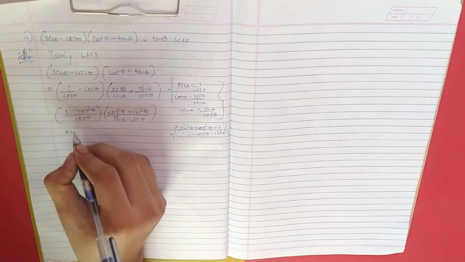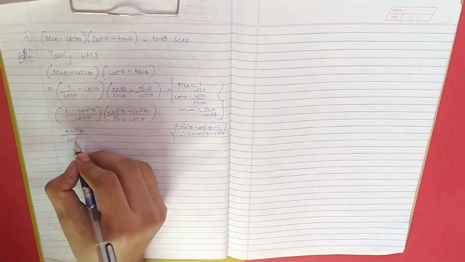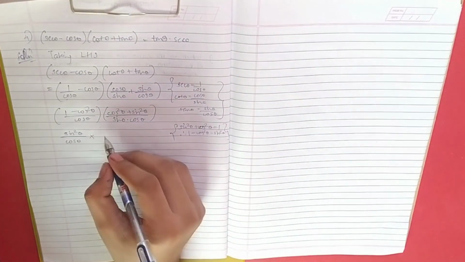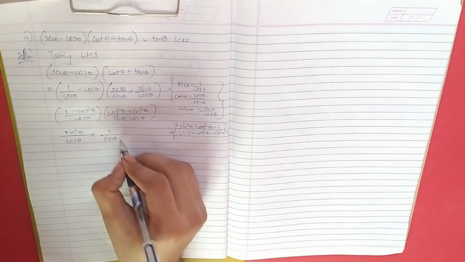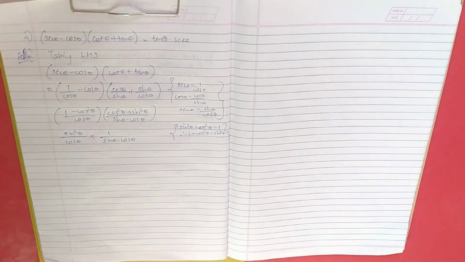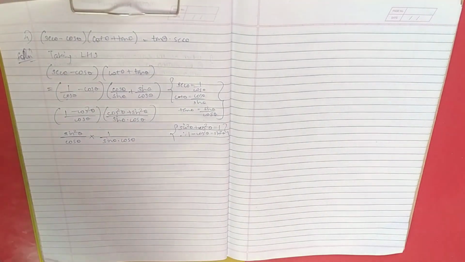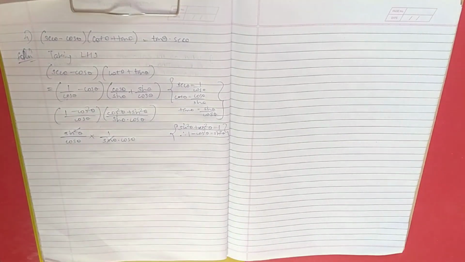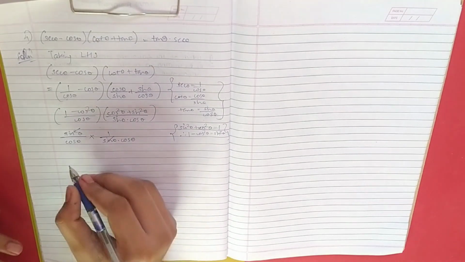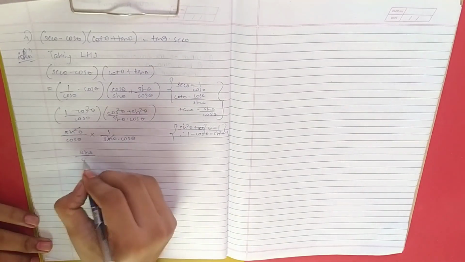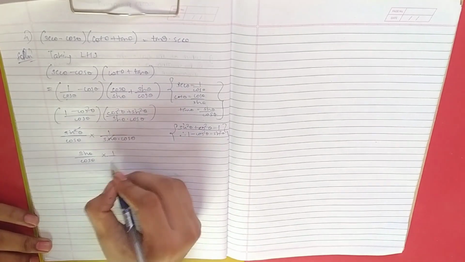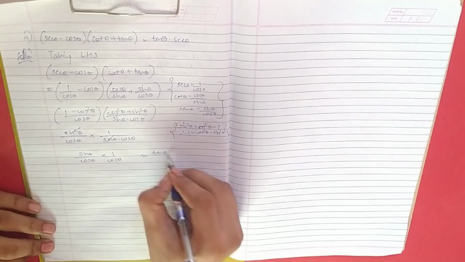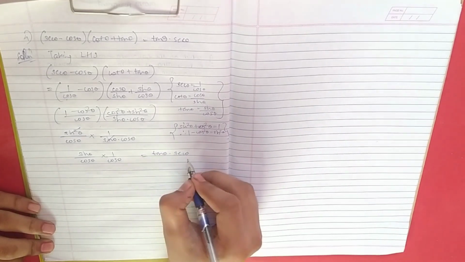Therefore this will be 1 minus, this is sin square theta on cos theta into, now cos square theta plus sin square theta, this is given here, this is 1 upon sin theta into cos theta. Now we have to find the left hand side equals tan theta into sec theta. So sin theta will cancel, and first we want sin theta, so we will write sin theta upon cos theta into 1 upon cos theta, which is sin theta upon cos theta is tan theta, and 1 upon cos theta is sec theta.